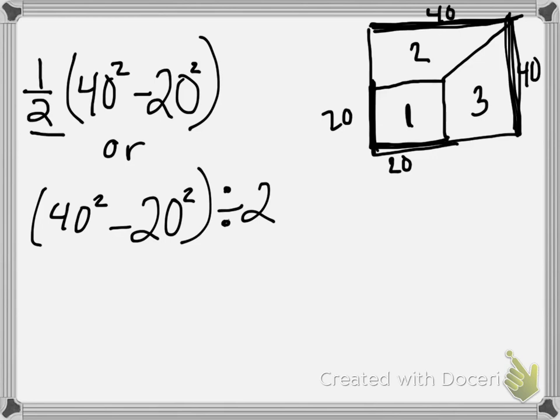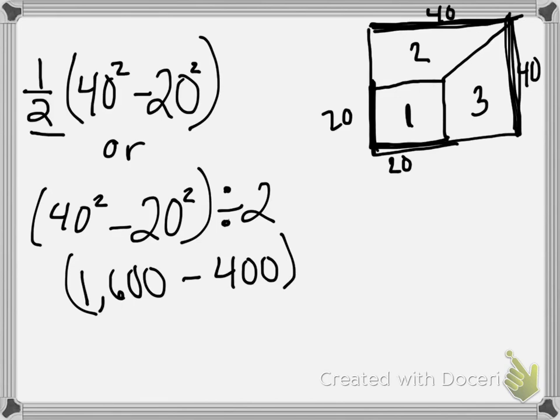divided by 2, because multiplying by a half and dividing by 2, they mean the same thing. So the first thing we need to do, though, is 40 squared, which is 1,600, minus, and 20 squared is 400. So then we're going to go ahead and subtract 1,600 minus 400, and we get